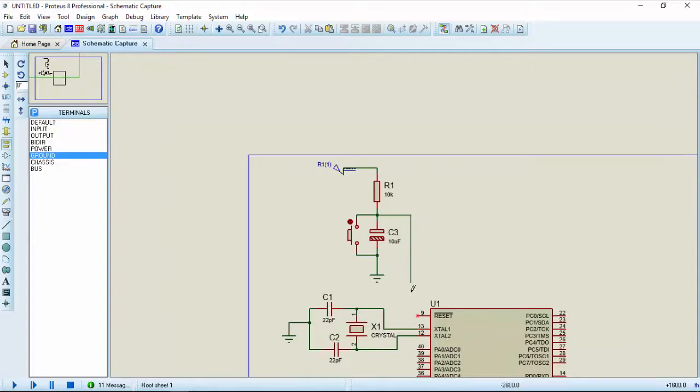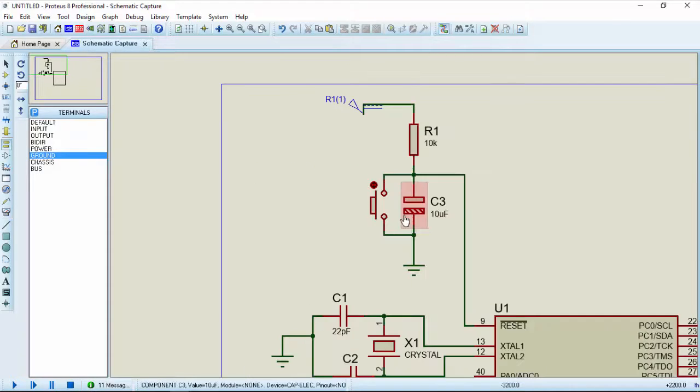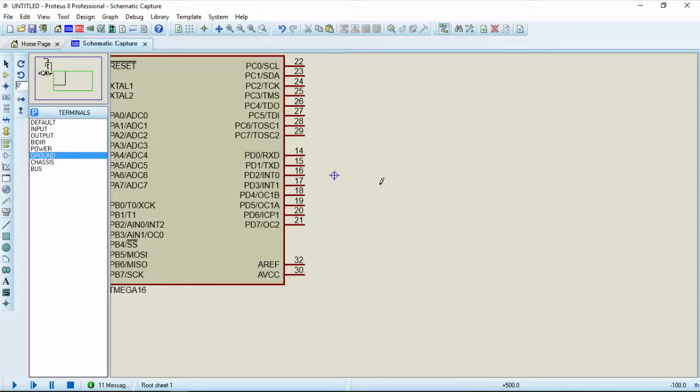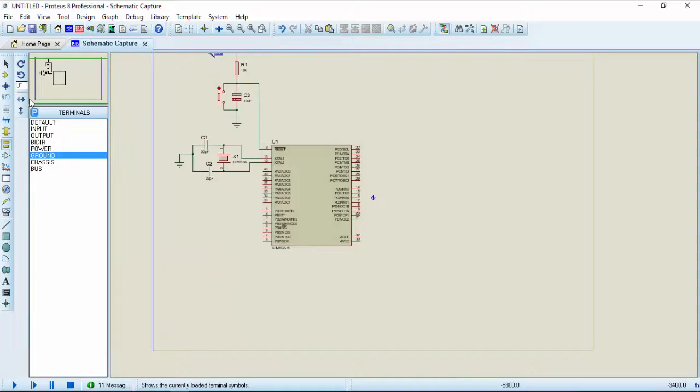Why is the reset circuitry like this? Because a continuous 5 volts is going to the reset pin, and when this capacitor is fully charged, it works as an open circuit. When we have to provide a sudden change to the reset pin, we put this button, and the circuit will be reset and start again from the beginning. Now we have to place the LED